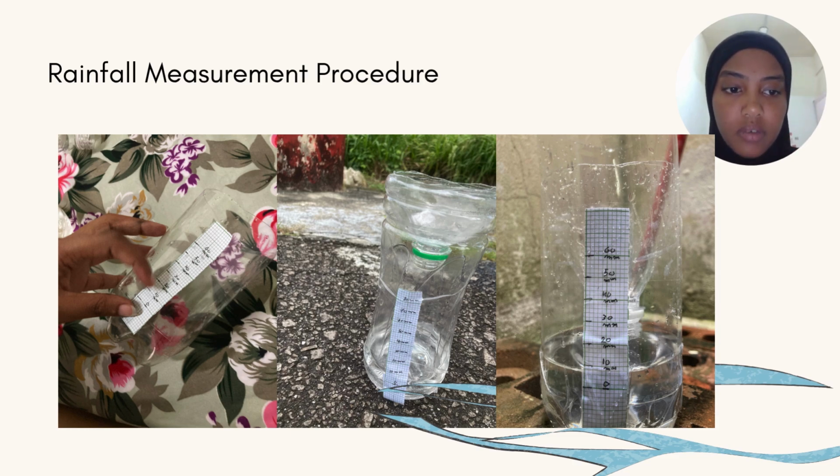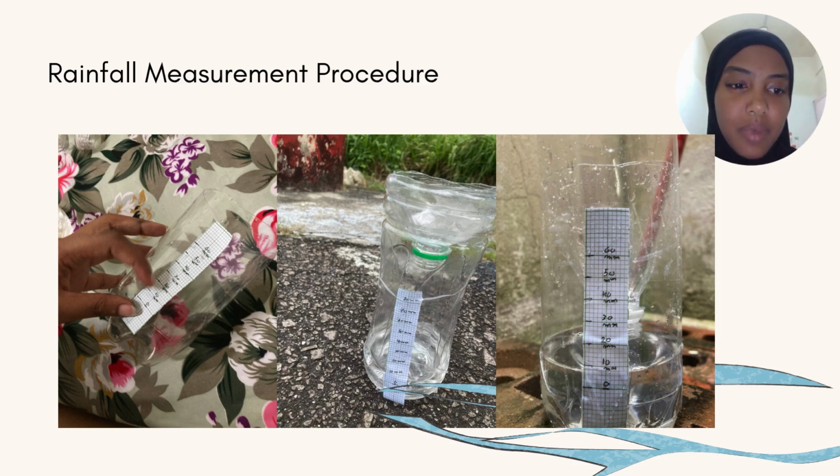The bottom part of the bottle was used to collect rainfall water. We marked the side of the bottle with a clear measurement using a permanent marker and ruler, allowing us to record the amount of rainfall